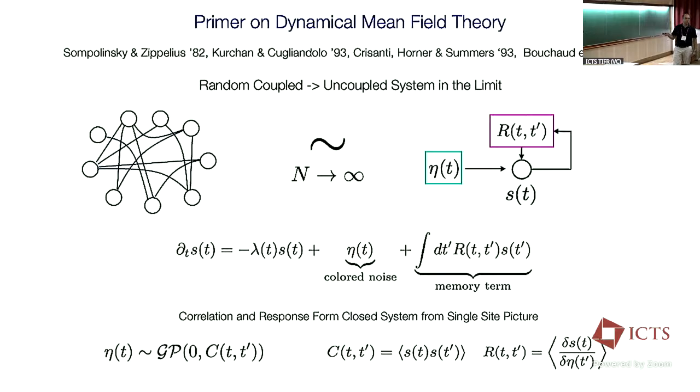A noise term. This noise term is not white noise anymore. It's a colored noise that captures interactions. And also a memory term. This memory term also captures interactions from the past that get carried to the current spin through interactions with the lattice. And of course, the statistics of this Gaussian noise is also defined by the statistics of S itself. So it's actually an equation that you need to solve, right? Because the left-hand side depends on the right-hand side, and this memory term itself depends on some kind of response function or kernel that depends on derivatives, and so on and so forth.